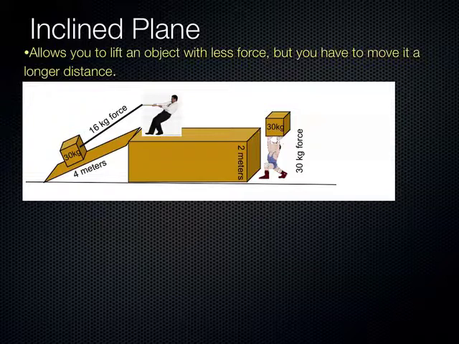But when we use this simple machine, let's calculate its mechanical advantage. First, the ideal mechanical advantage. In a perfect world, without friction, what would the mechanical advantage of this inclined plane be? Tom? It would just slide right up. Okay, but you'd still have to exert a force to get it up there. How much should it help you, Nate? 4. Okay, the effort distance, the distance you're going to have to apply your effort is 4 meters, divided by the resistance distance, which is the actual distance the object moves in the direction you want it to go, for a mechanical advantage of